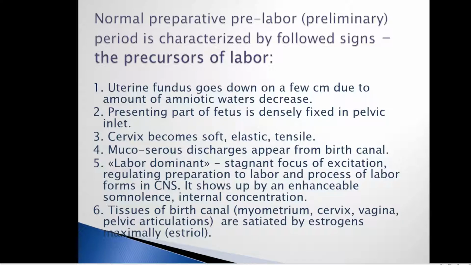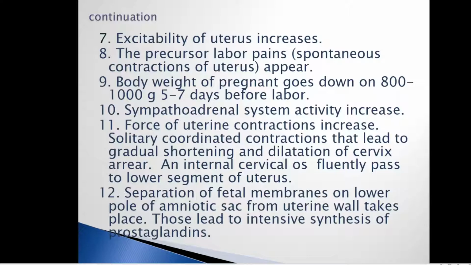Before labor, there is formation of the labor dominant, and the tissues of the birth canal are maximally saturated by estrogens. Next, the excitability of the uterus increases. The precursor labor pains appear, spontaneous contractions of the uterus. Body weight of the pregnant woman goes down by 800 to 1000 grams